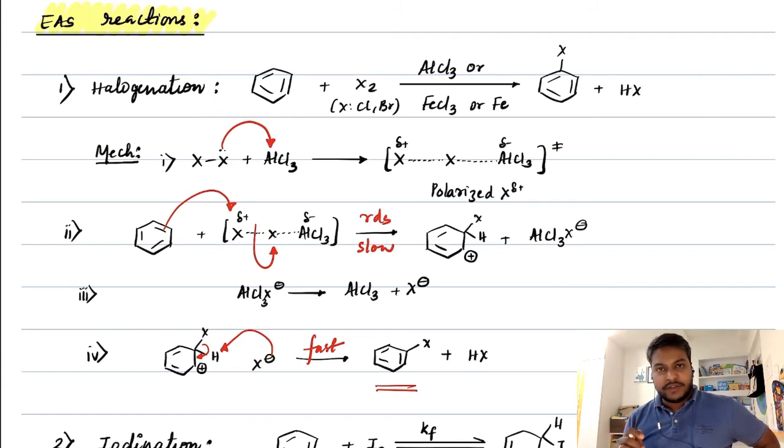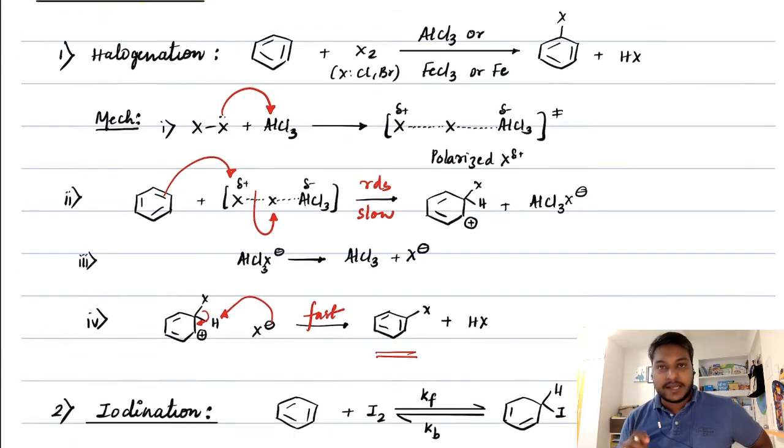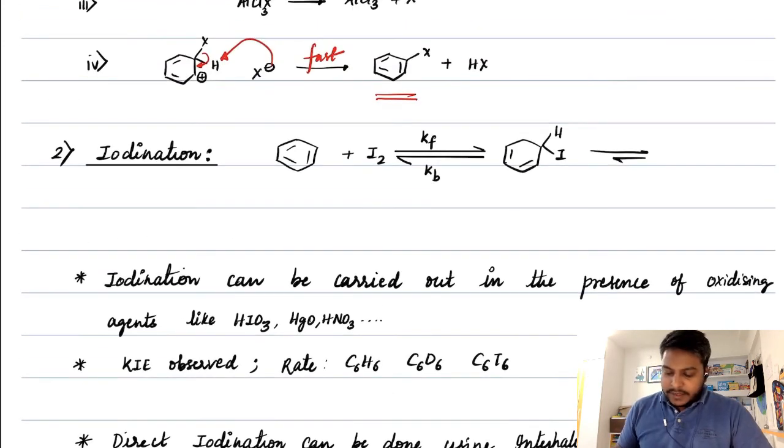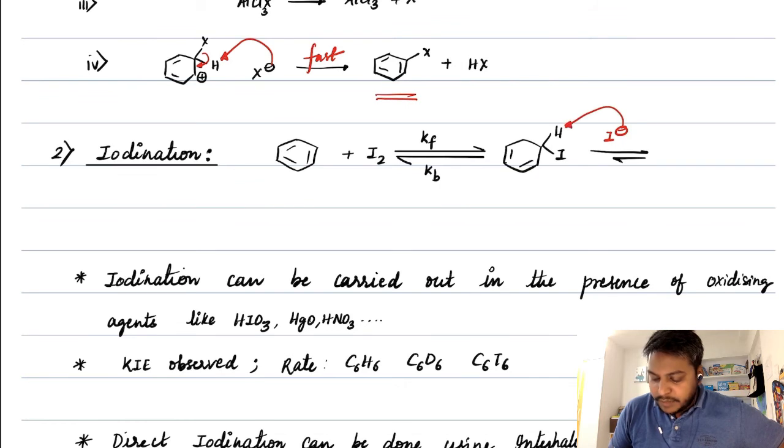So the first thing you need to figure out is that there is a requirement of Lewis acids here. In the case of iodine, the problem is that when you react benzene with iodine, the iodine might get substituted, but the carbon-iodine bond is very weak. So it will try to retain its aromaticity by going in the backward direction. But if you are somehow able to make this reaction happen by I minus extracting that proton, you get the aromatic nature back with iodine on it.